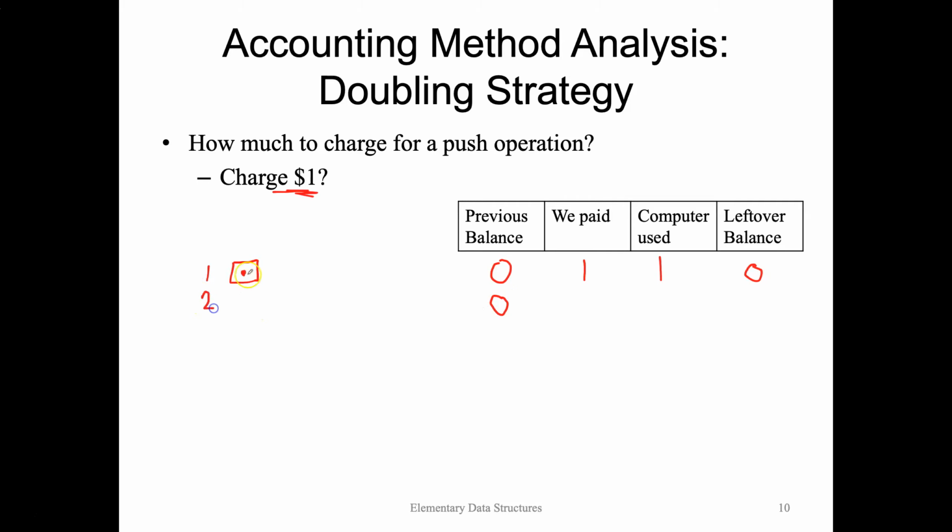In our second push, we've run out of room here, so we have to create a new array of size 2, because we're doubling this. And we pay the computer $1 for the second push. We have nothing left over, so the computer has a total of $1 to work with, but how much does it actually need? It has to copy this item over, which is $1, and it needs another $1 to actually place that second item. So it needs $2, which means we have a negative balance already. So $1 isn't enough here. That doesn't give us enough money to copy old elements. We need a better guess. So let's try